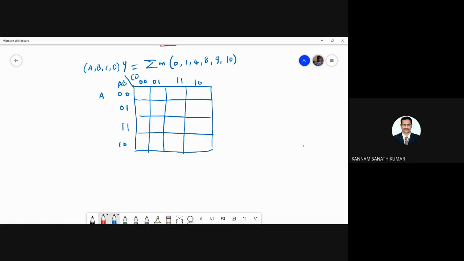So what is this one? A bar B bar, A bar B, A B, A B bar. Next C bar D bar, C bar D, C D, C D bar.